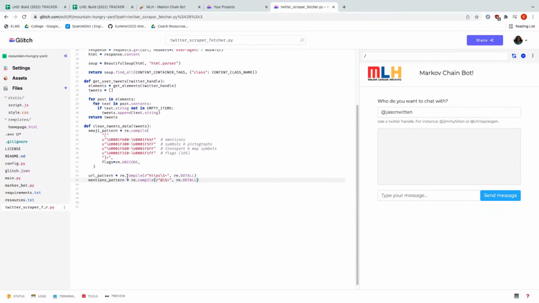So the URL pattern is essentially saying anything that starts with https and is followed by a string. And the mentions pattern basically starts with the @ symbol and is followed by a string that would represent someone's user account.